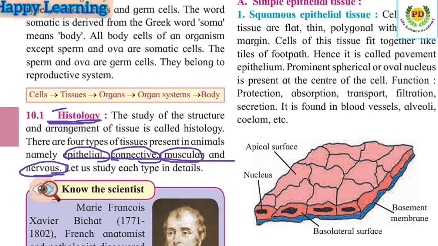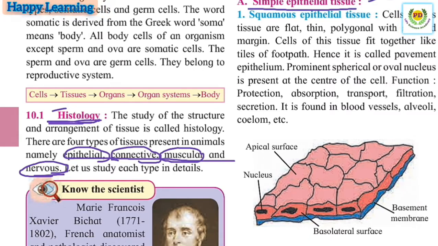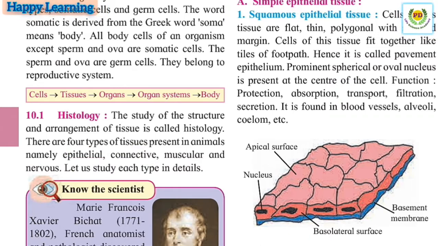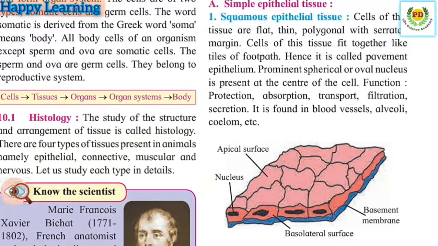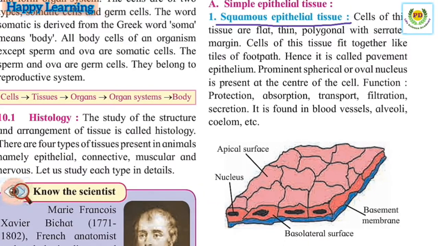Now we see the epithelial tissues. Epithelial means the outer, uppermost and lowermost layer of the tissues, called epithelial tissues, which are mostly protective and absorptive in nature, and are further divided into simple epithelial tissues and compound epithelial tissues. Now we have completed the part of the simple epithelial tissues. In simple epithelial tissues, various types of tissues are present. The first is the squamous epithelial tissues,